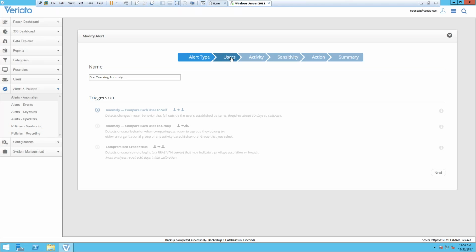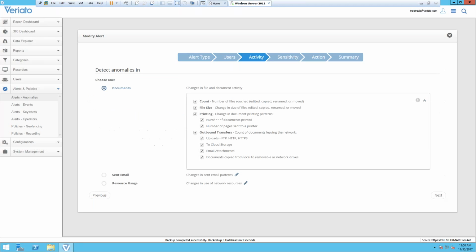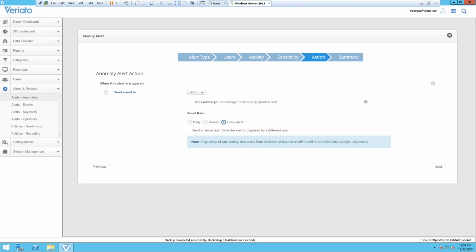We can go through and say, okay, we want to compare each user to themselves. What this basically means is that Tom, for instance, keep picking on Tom, does things a certain way every day. He comes in, sits down, has his coffee, answers a few emails, copies files over here. He has a normal task. When he goes out of that normal daily task, when he's a little bit outside of the 5% deviation threshold, based on that activity that we're monitoring, we set up an action. In this case, it's sending out an email to maybe his boss saying, hey, you want to take a look at Tom? He's doing things that aren't normal.